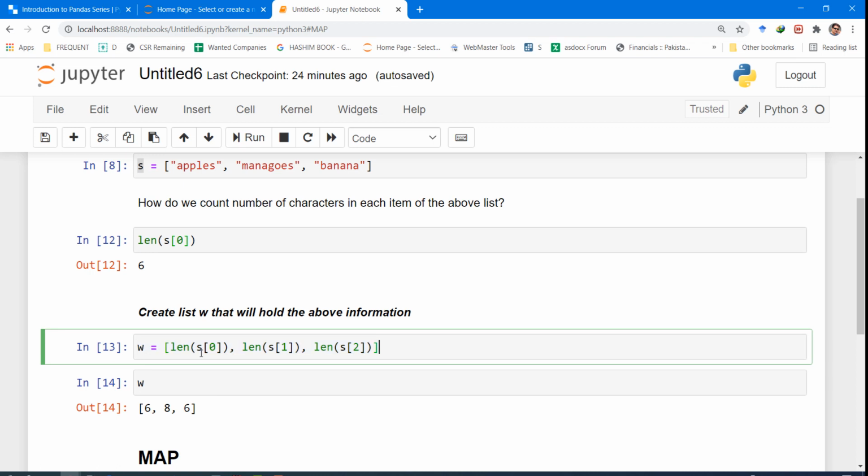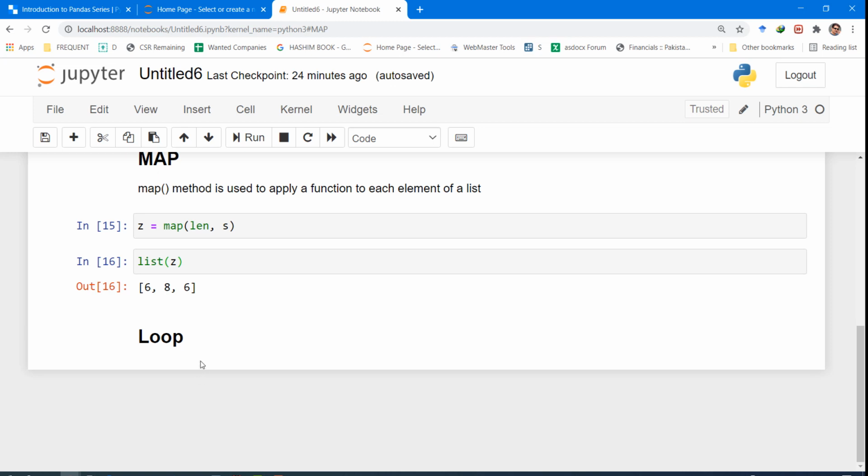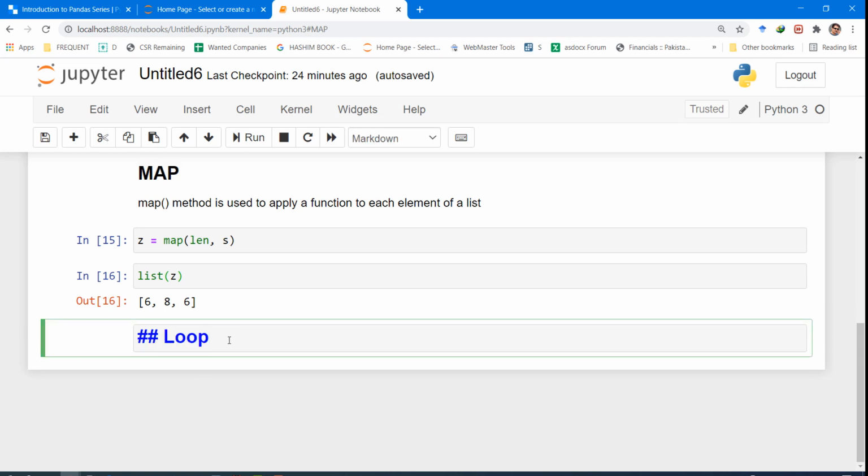Instead of typing the first element like this, the second element, and the third element like this, why not just loop through the elements of the list and create the W list inside the loop? So can we do that? I'll type the question for you.